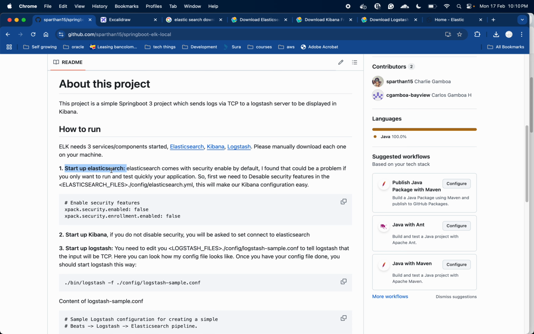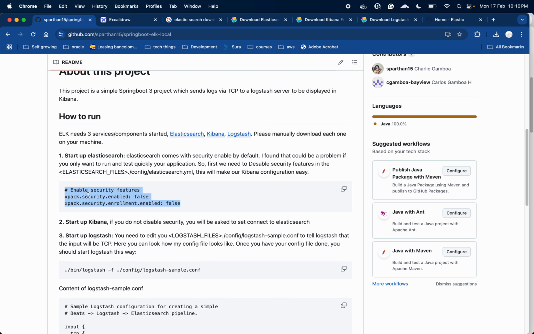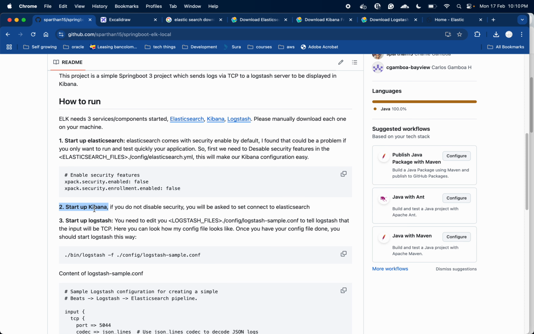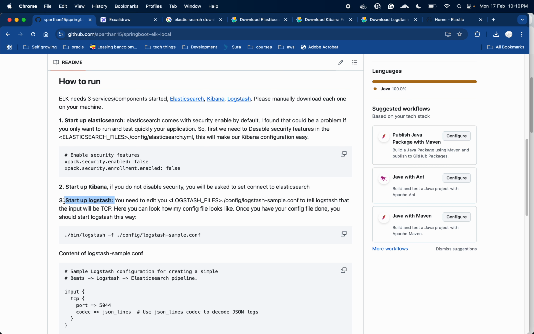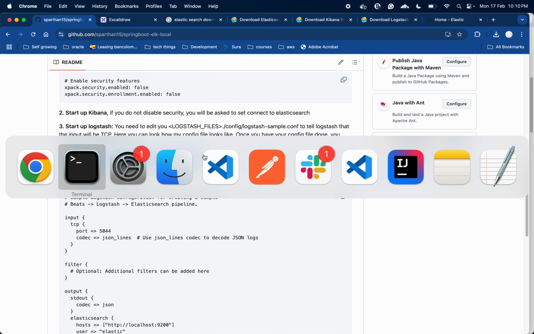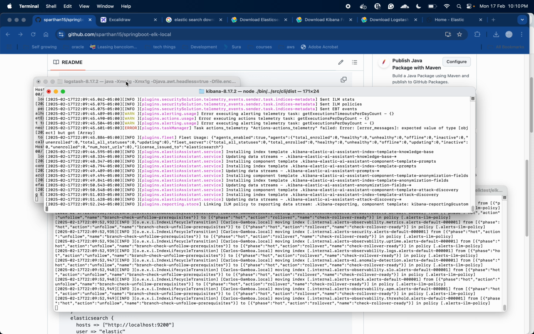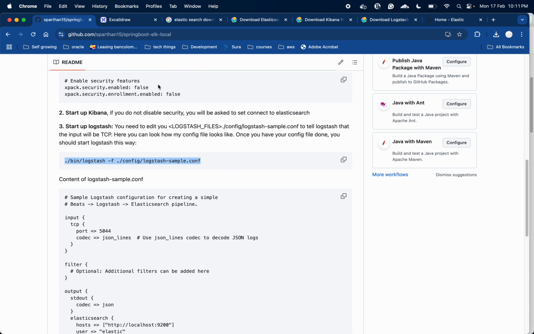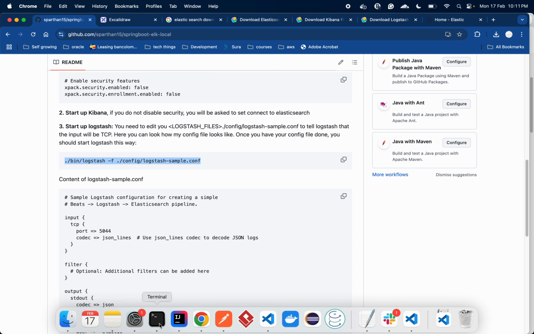We started up Elasticsearch and disabled the security things. Then we started up Kibana with the security disabled. And now we need to configure Logstash in order to receive the springboot logs. So this is the third step. And we already have this Logstash sample being passed as part of the execution, as you could see previously. And now we need to take our springboot project and say that we need to send our logs